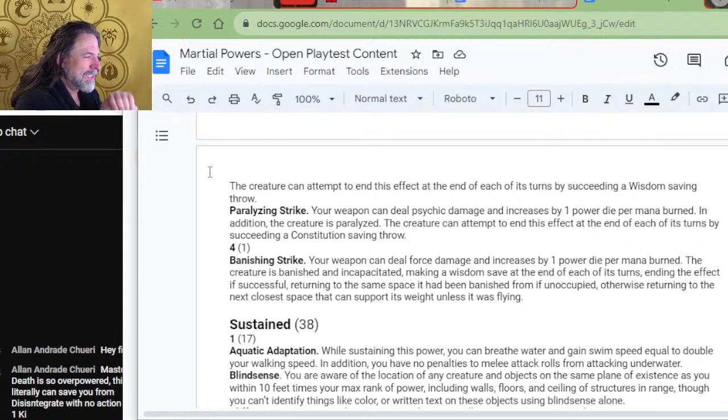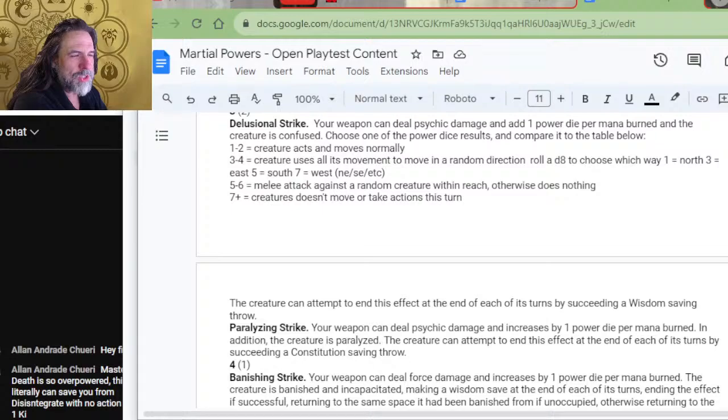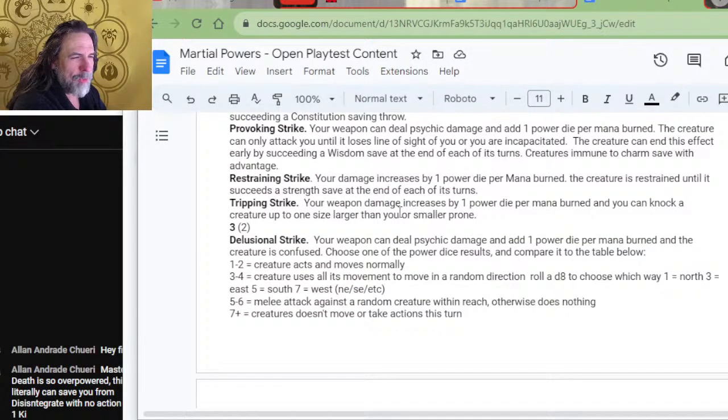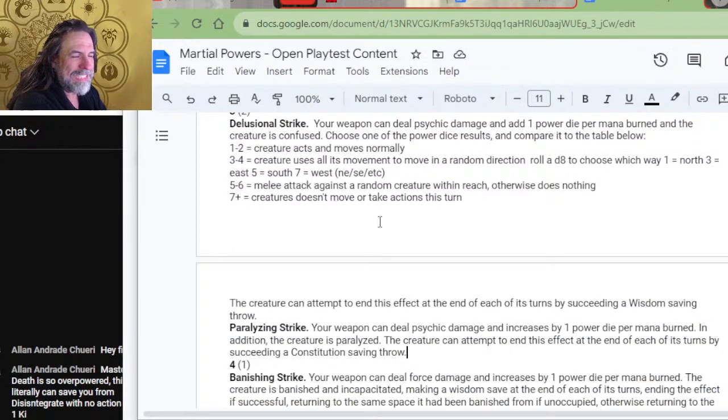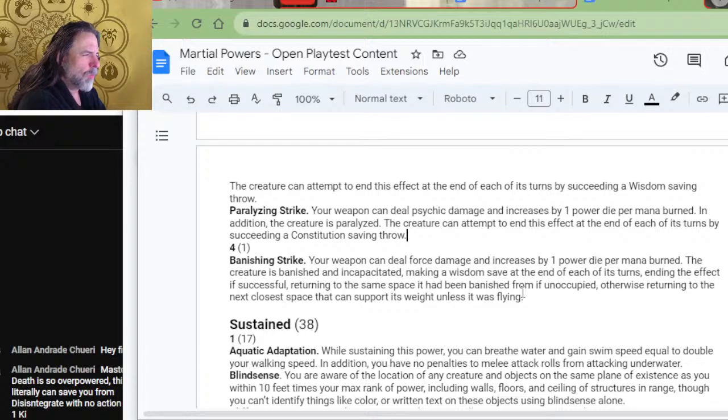So your weapon can deal psychic damage and increases by 1 power die. It is a third rank power, so it requires 3 dice. And at third rank, you're going to be rolling a d8 power die. So it's going to be 3d8 psychic damage on top of whatever type of weapon you hit with. On top of it, the creature's automatically paralyzed. That is different because of the way